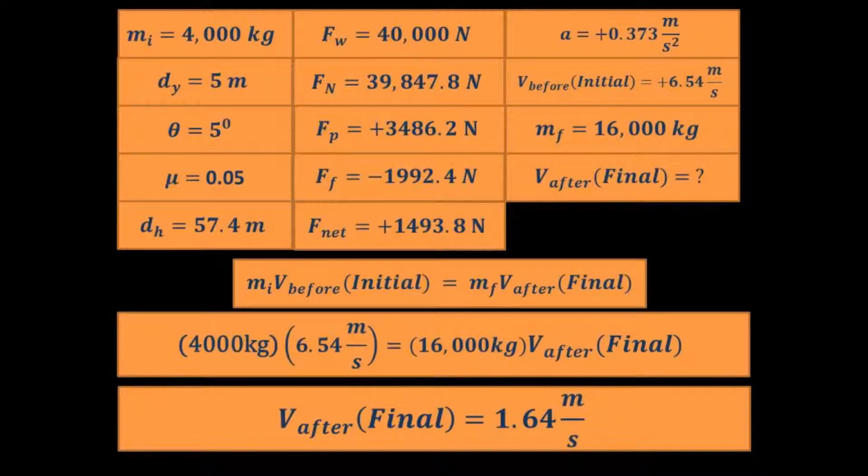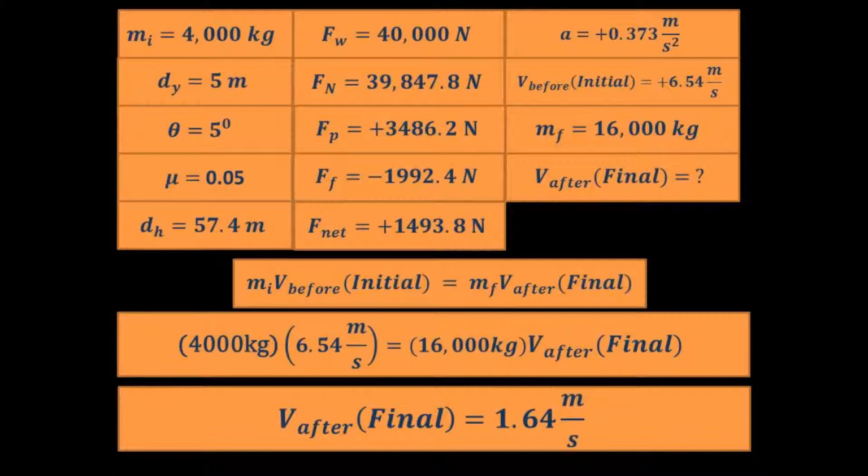To calculate the final velocity of the system, you have to note that the total initial momentum will equal the total final momentum. M initial is 4,000, M final is 16,000 kilograms respectively. The velocity before the collision is 6.54. In order to calculate the velocity after the collision, we set the equation up as shown. 4,000 times 6.54 divided by 16,000 will equal